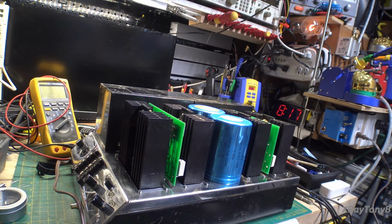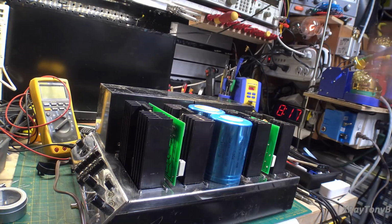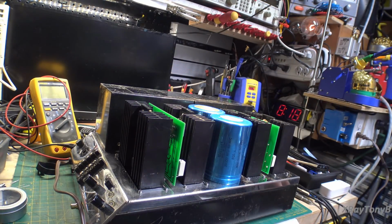That's a good sign. See how the bulb went real bright and then it dimmed? Now, without those boards, the bulb was very, very dim. It almost went completely out. And now you can see it is glowing slightly, so there is quiescent current going in there. So,